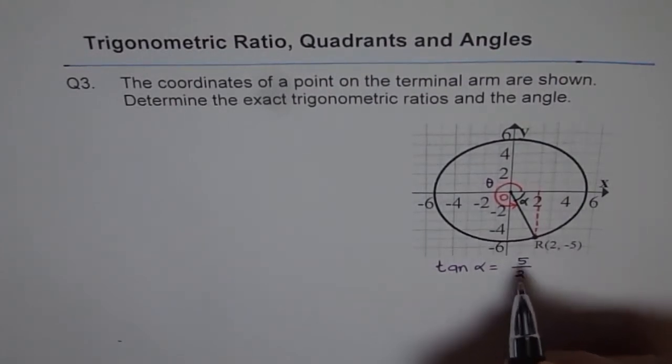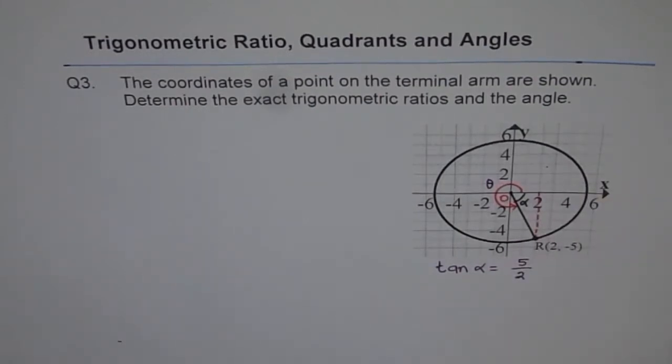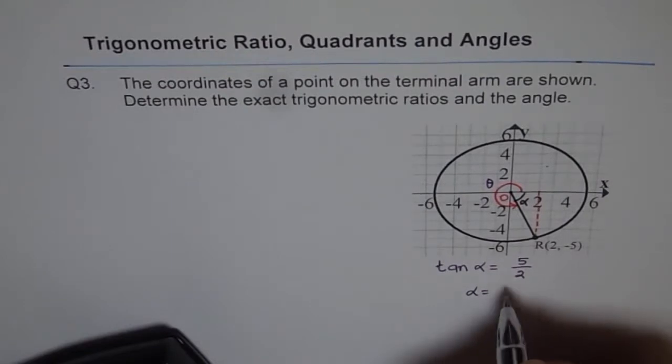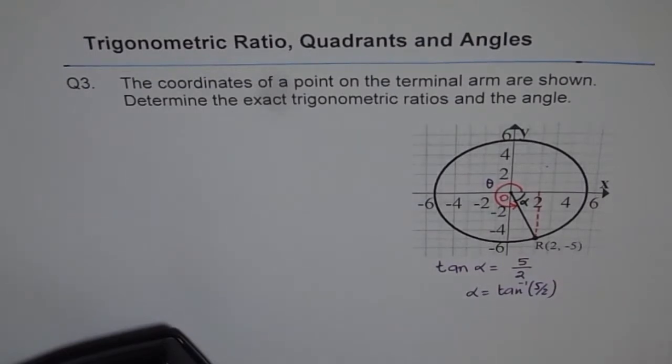So consider as if this triangle is in quadrant 1. Think like that. And we are just trying to find angle alpha, okay? Now use your calculator to find tan inverse. So we have alpha equals tan inverse of 5 over 2, correct? So we do tan inverse of 5 over 2 and we get